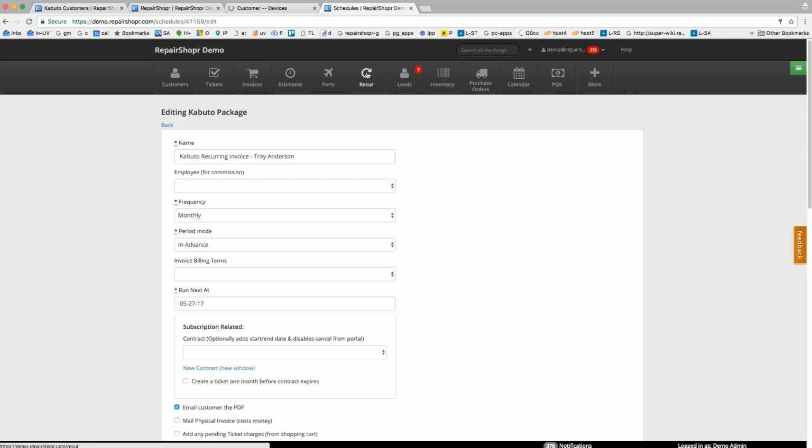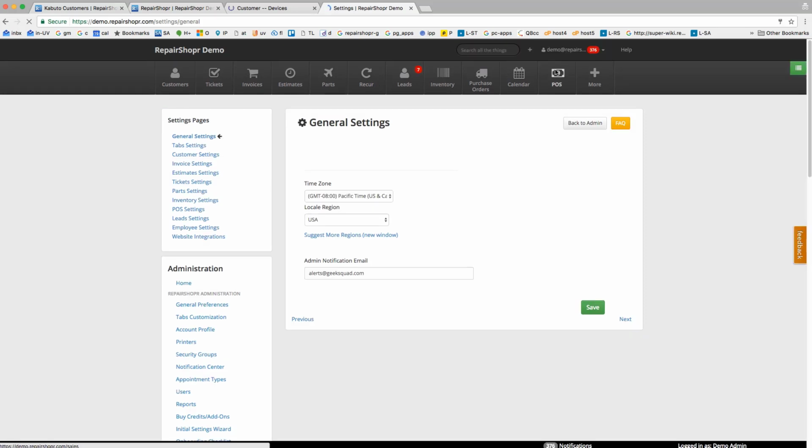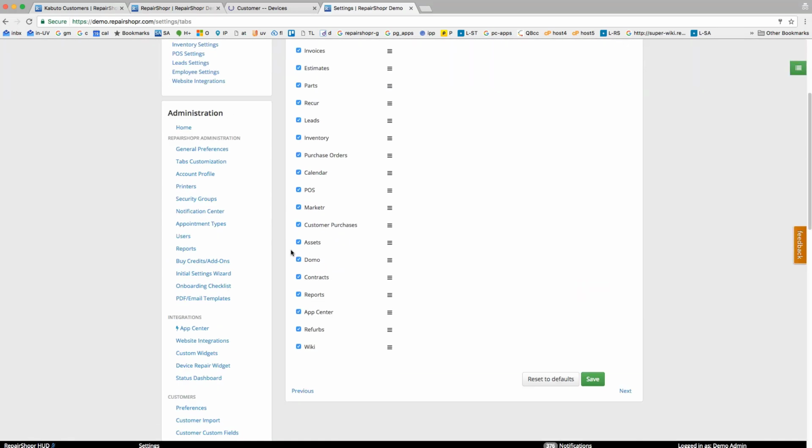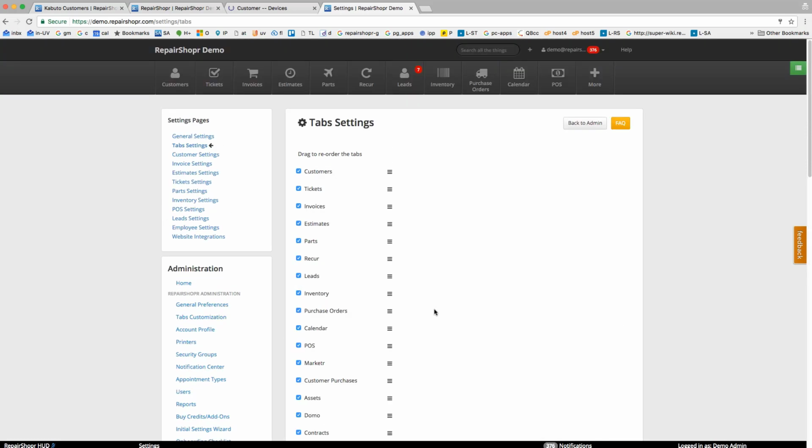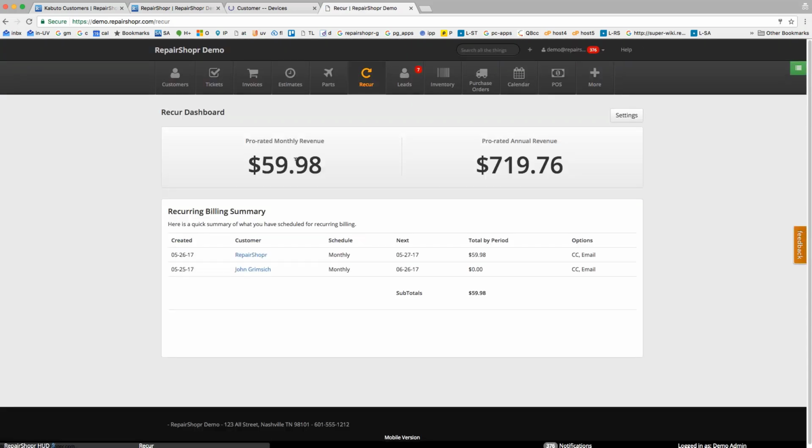I want to show the Recur tab. Just one note, you can find that when you've got Recur enabled in the tabs settings. You'll be able to add Recur. I've stuck it in and dragged it up the list. I've got it pretty high here, but turn on Recur and save, and then you'll have this cool dashboard